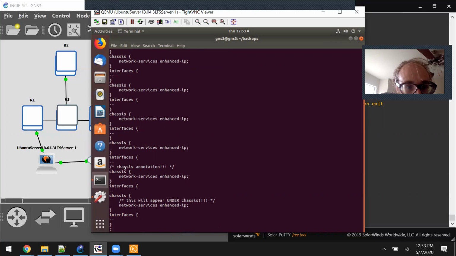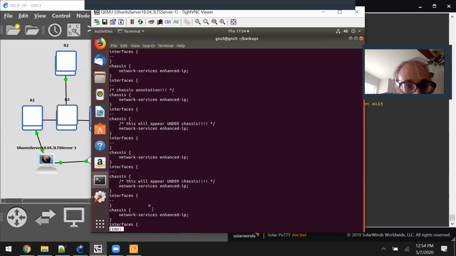We started without any of those annotations. Then we added the annotations. We added one to the top, then we added one to the bottom. Then we got rid of them. We added one to the bottom again, and then we got rid of them. So